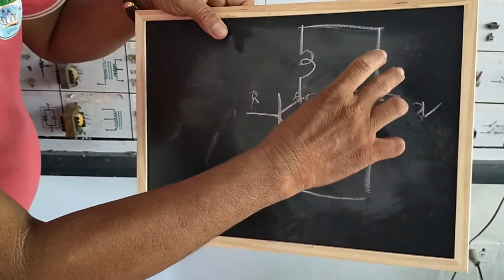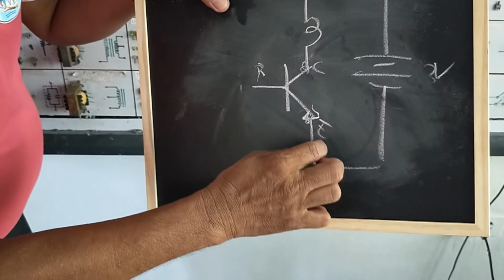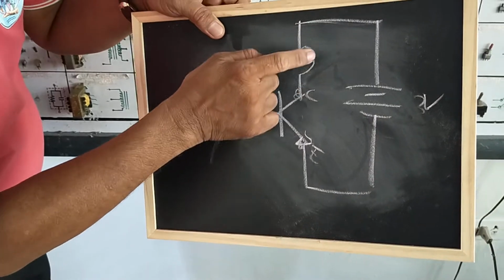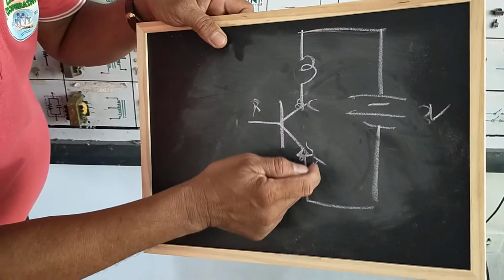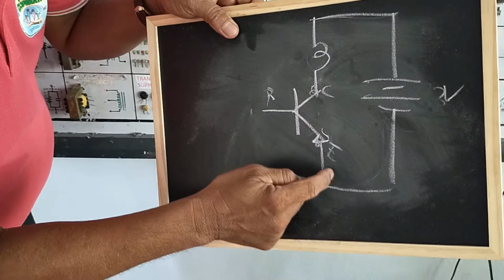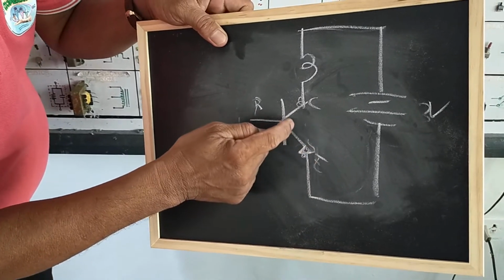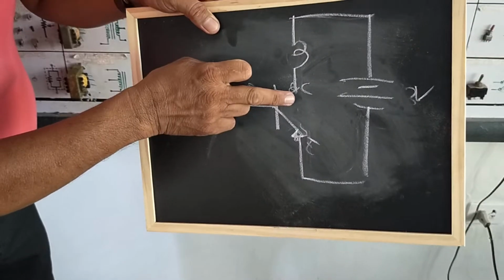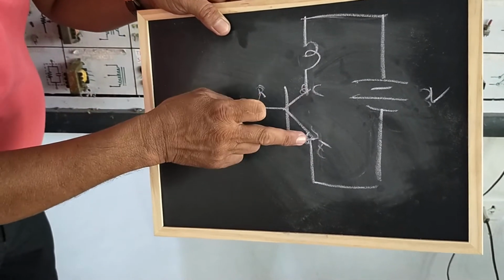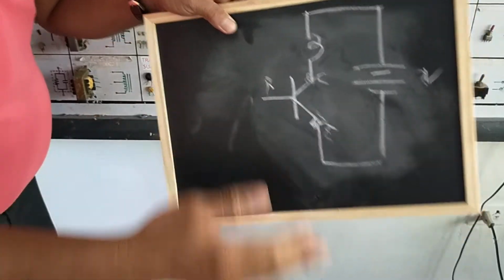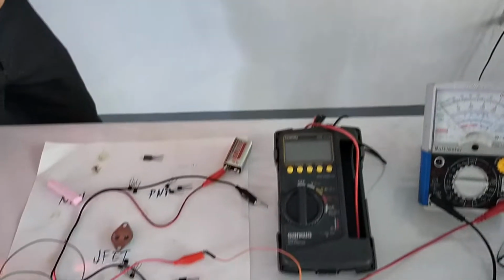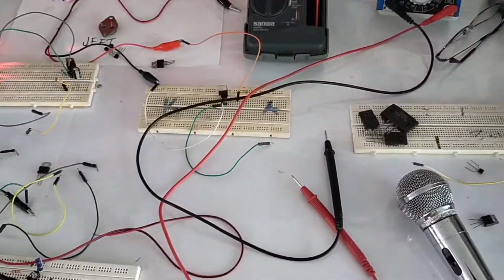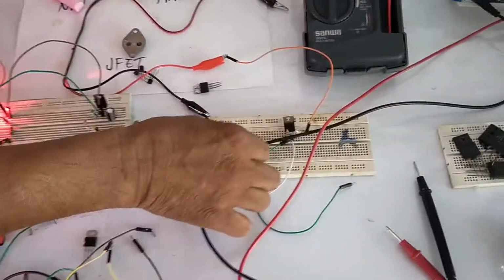Current from this battery is being obstructed, being opposed by the higher resistance. So the bulb won't glow because there is no amount of current circulating from the negative to this emitter of the transistor going to the collector, then to the bulb. There is no current actually because it is being opposed or obstructed by the resistance of emitter and collector. Actually, when we tested it, 20 mega ohms, the pointer doesn't deflect. Okay, the resistance is very high, but